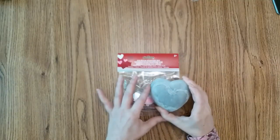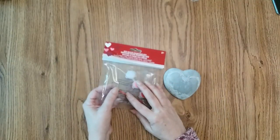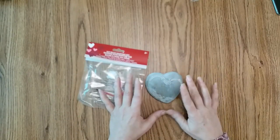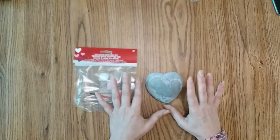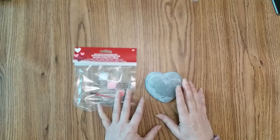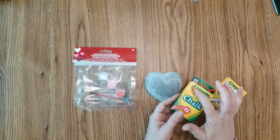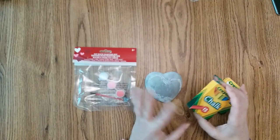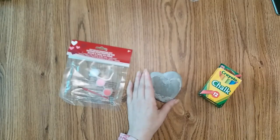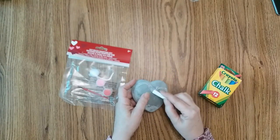I love these DIY rock painting kits, but this little paintbrush in here is not going to help. I do have a paintbrush pen that would work, but that's way too tedious. I just want to give this outline here more definition. So I will be using chalk. I did try it with the red one, or it was more pink, but it was too dark pink. So I am just going to take my white and I'm just going to